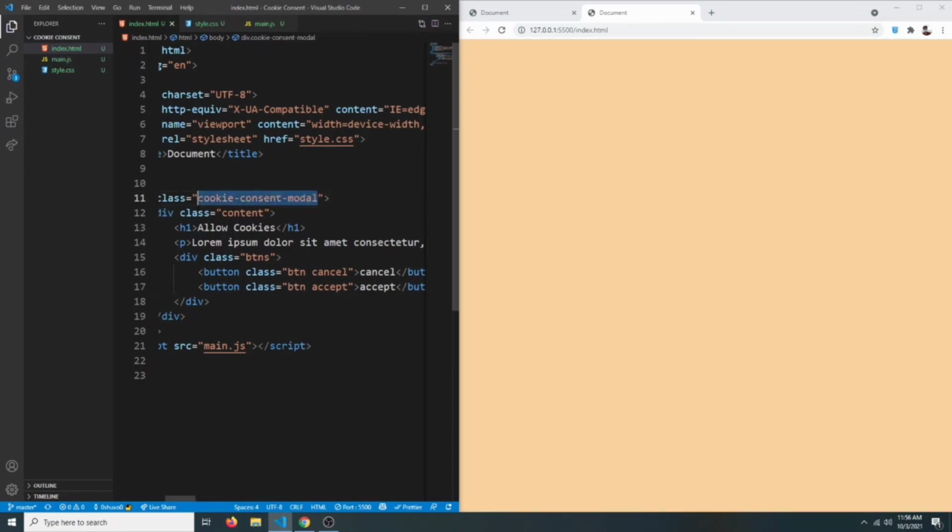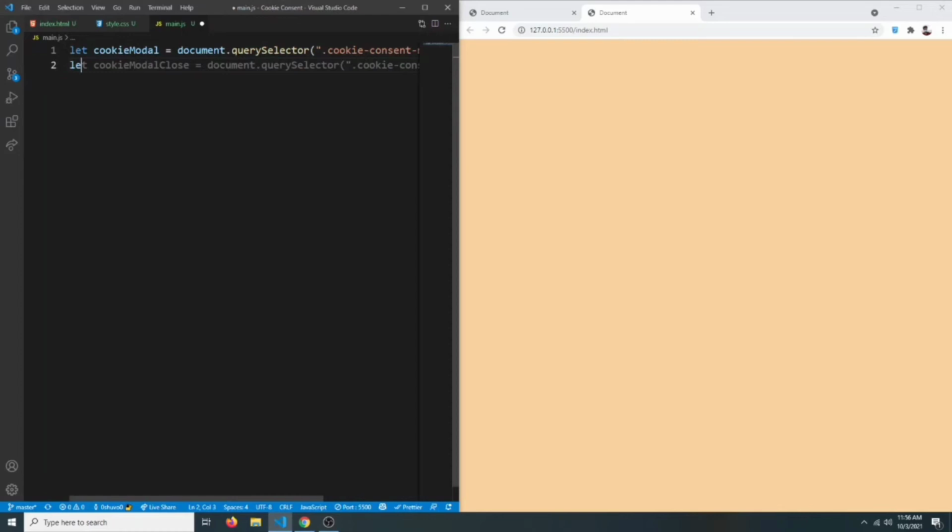So first let's select this modal in our JavaScript. So we're gonna say let cookie modal equals document.querySelector. We're gonna pass the class of our modal, so it is .cookie-consent-modal.